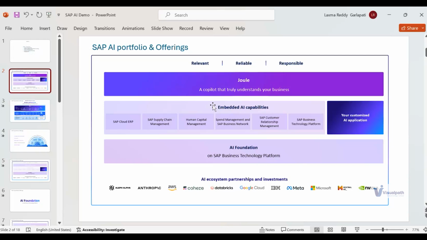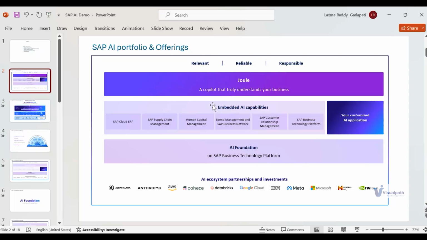The next thing which I was talking about is embedded AI capabilities. At least in my experience, I haven't seen these capabilities being utilized or leveraged fully by any of the customers.